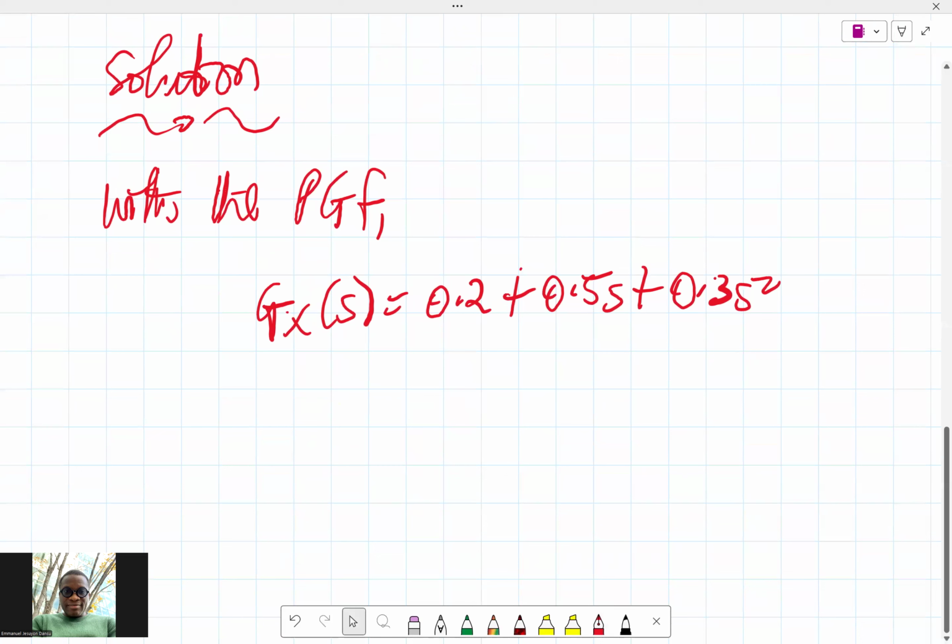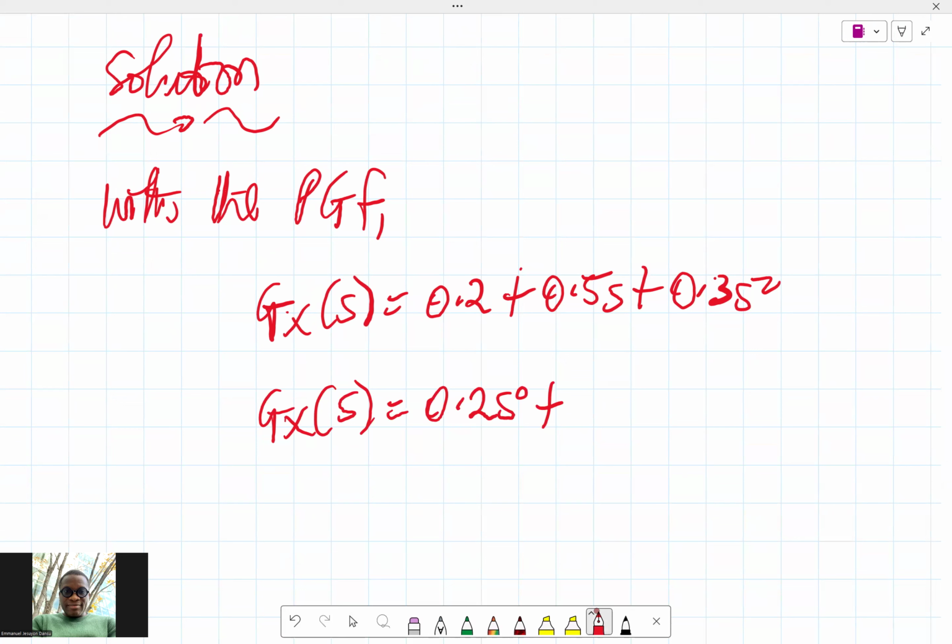We can rewrite this as G_X(s) equals 0.2 s to the power 0 plus 0.5 s raised to power 1 plus 0.3 s squared. And since we know that the probabilities corresponding with each power of s are going to give us the PMF,